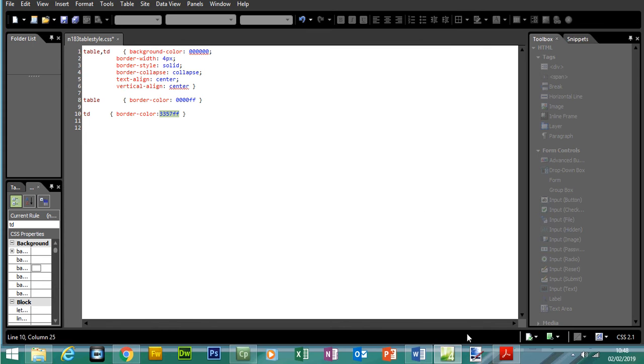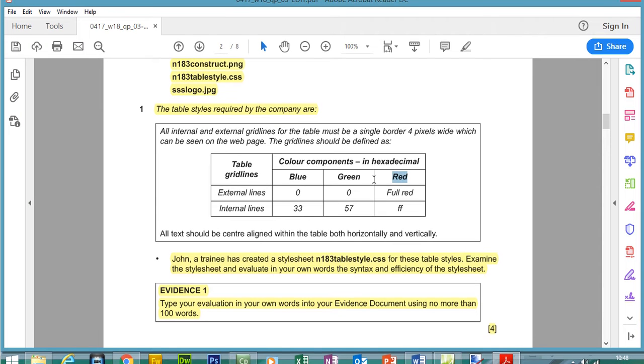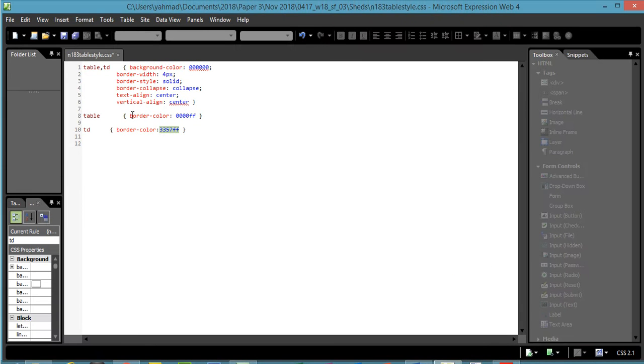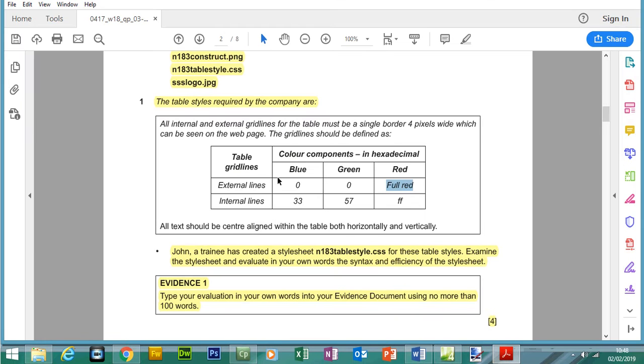Okay, the next thing we're going to look at is the actual colors for the external border and the internal border. The colors should be in red, green and blue, so RGB. The red always comes first, then the green, and then the blue, and we should have 2 characters for each color. Looking at the external grid line, which is in table, the first 2 characters should be FF for full red. If I go to table, you notice FF comes at the end. So it's followed this order, which is incorrect. The order should be